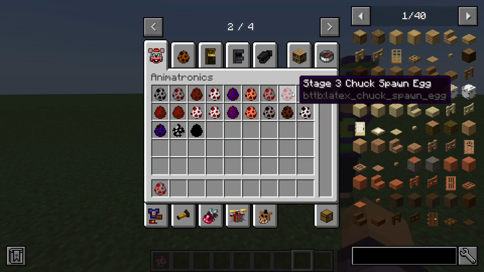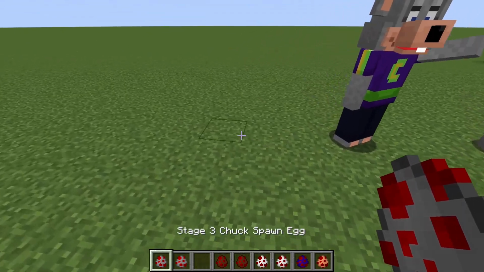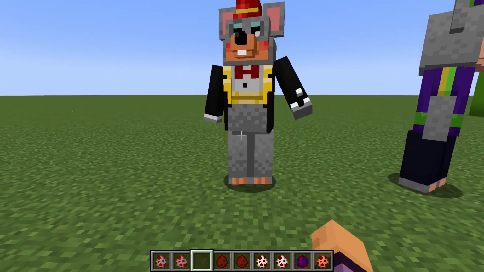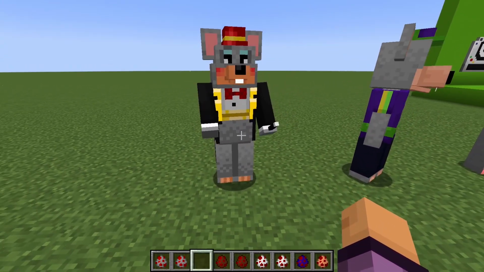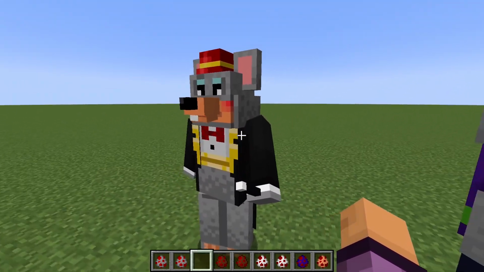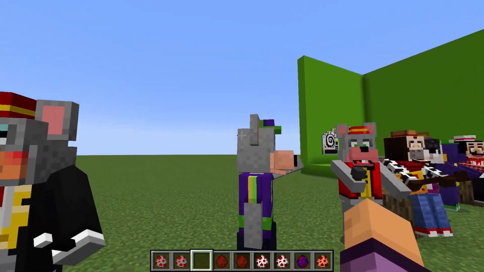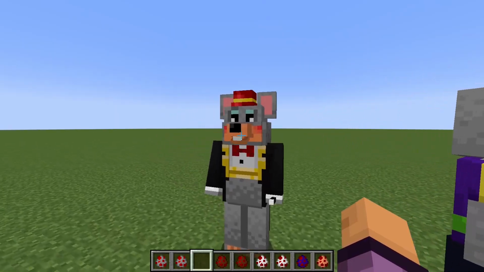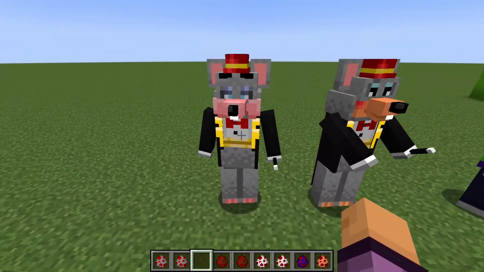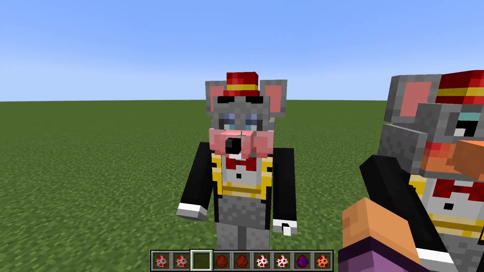Next, let's do the Stage 3 animatronics. Okay, Stage 3 Chucky. Ooh. He's like a magician. That's cool. Oh, that's cool. Bit creepy, though. Wow, that's cool. He even moves his ear. They all move their ears. That's awesome. Next, we have the plastic variant, which is basically the same thing, just slightly even more creepy. It looks pretty good, though. Okay,